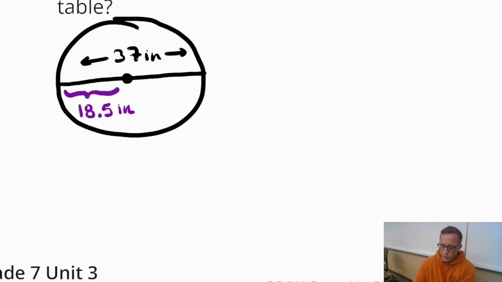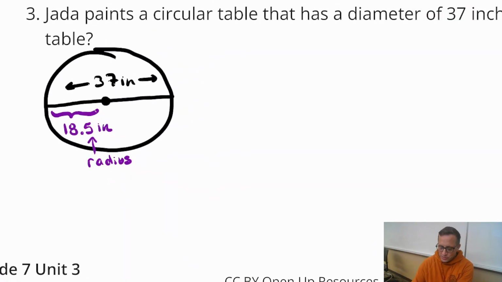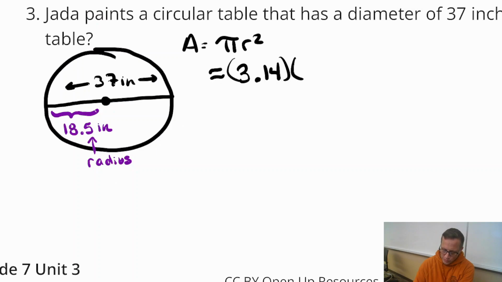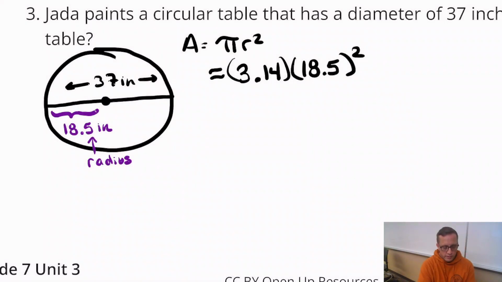All right. So why do we need that number? Because we need the radius, right? If you're finding the area of a circle, the radius is the number we need to square. So now we're going to do pi, here, because area is pi times radius squared. So we're going to do 3.14, all right, times 18.5 squared. That's what we're going to do. So 18.5 squared, and then times